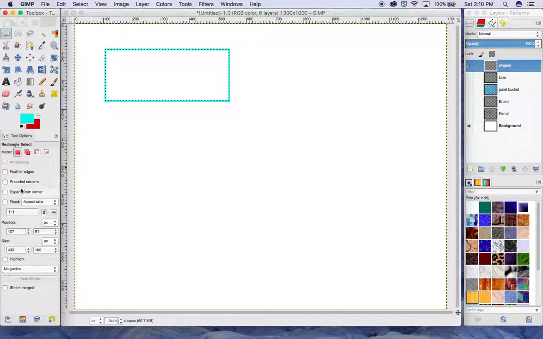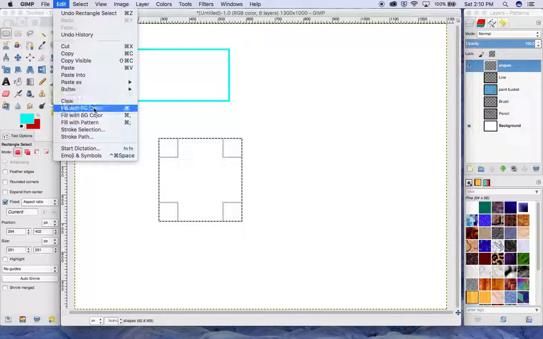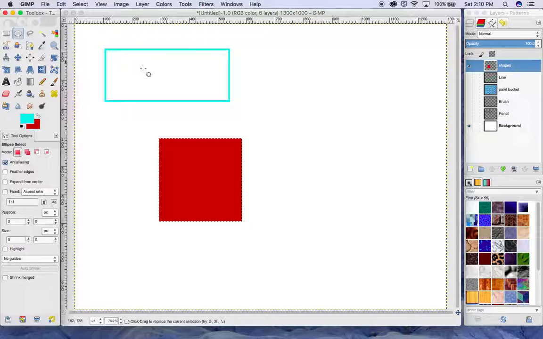You can, at that point, set fixed aspect ratio so that when you create your new one, it's going to, no matter what, be a perfect square from the point that you clicked. So there we go. I have a perfect square. I can go in, I can edit this one, fill with background color. I can go up and I can do another shape, which is